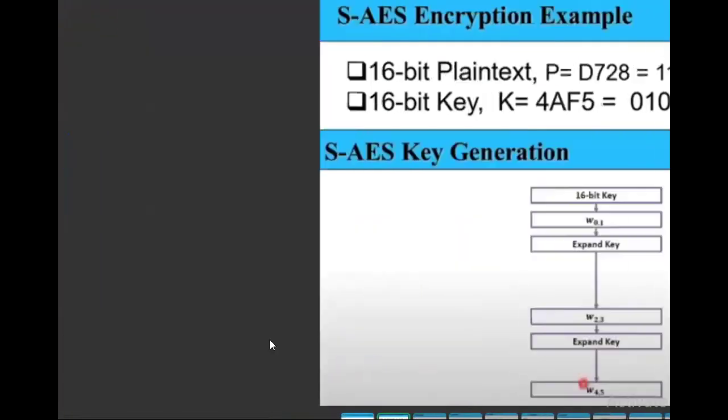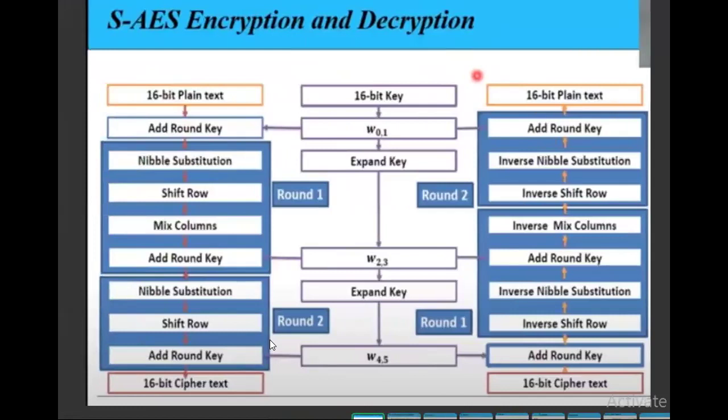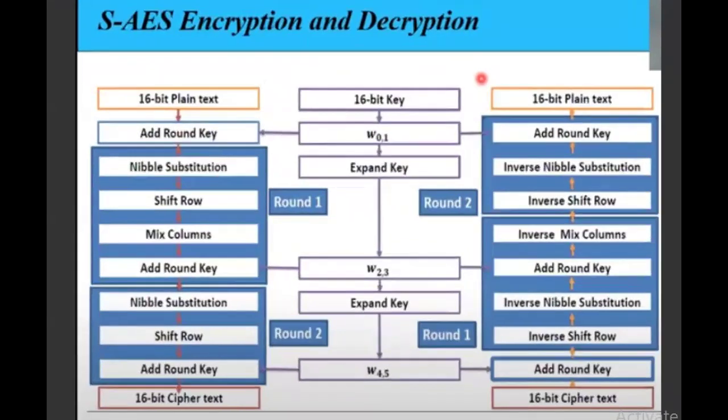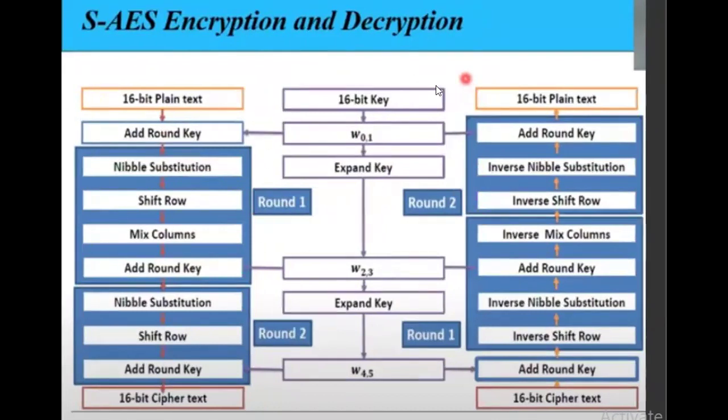So moving on with this algorithm in detail. This is the simplified AES encryption and decryption algorithm in detail. Looking at the diagram, we will see that the three parts are straightforward. The very first part is the encryption process. The middle is the key generation process, and the last one is the decryption process. You will understand that decryption is the reverse of encryption. So we will begin with the